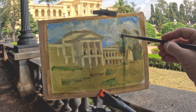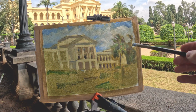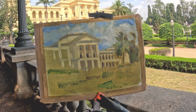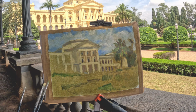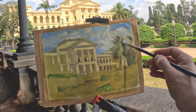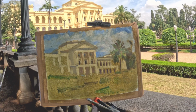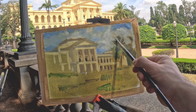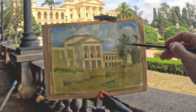To refine the contours of this palm tree, I'm using the light colour mix that I made for the clouds to carve into the dark green mass to bring out some individual palm tree leaves known as fronds. I don't need to paint all of these palm fronds to make the tree appear realistic. However, it is important to paint the fronds which are framed against the sky with an accurate attention to detail,